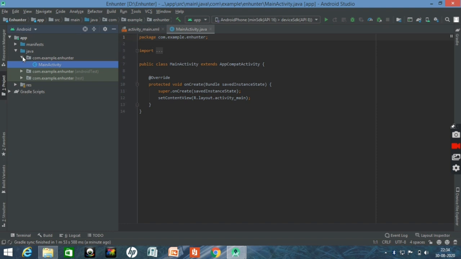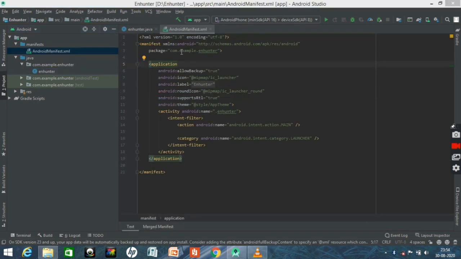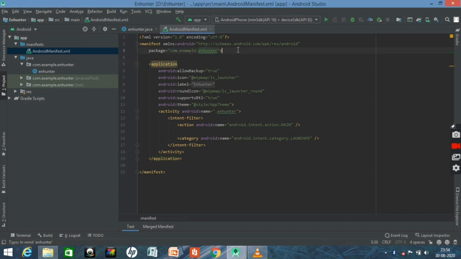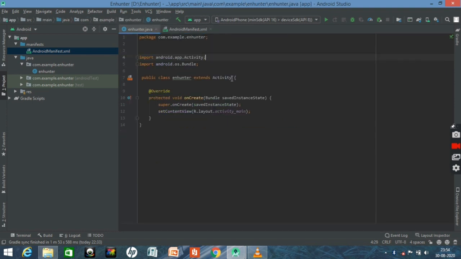So here, let's move to manifests. The Android manifest file is open. Make this change in the package name as com.example.nhunter. And after making this change, again move to your NHunter.java file and make these changes in your class name as public class extends Activity. Give the name of your game. Now after giving the name of your game, again move up and give this command: import android.app.Activity. It's the command in which we are calling a class named Activity from android.app.